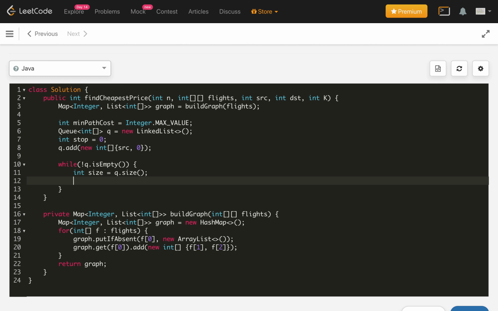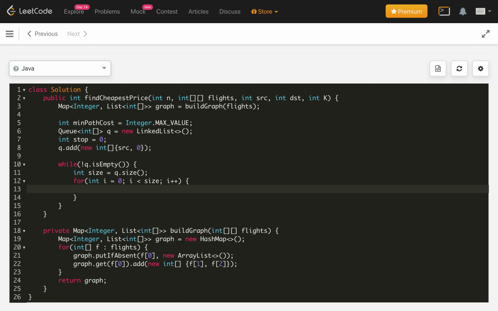Now we will run through this, int i is equal to 0, i less than size, i plus plus. Here we will get the current stop: int array current stop is equal to queue dot poll.